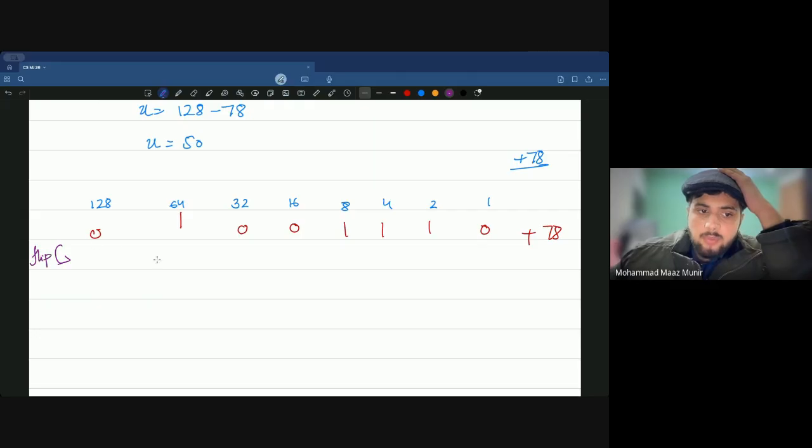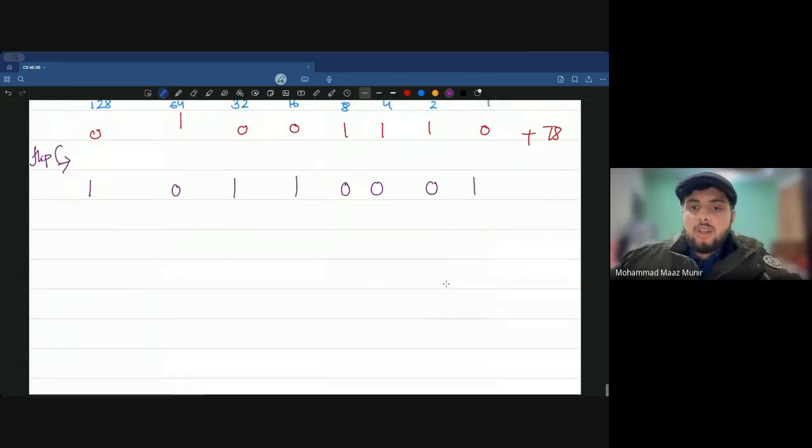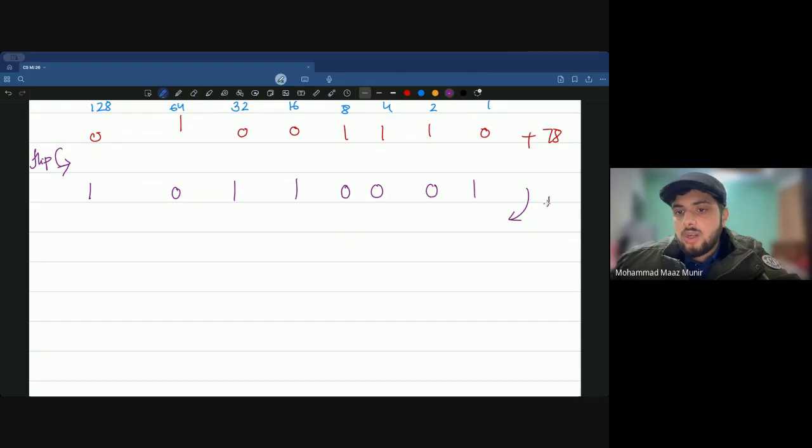So if I have to do the flip, this 0 is going to become 1. This 0 is going to become 0, 1, 1, 0, 0, 0, and this is going to become 1. And now in the third step, I'm basically going to be adding a 1 into it. So now if I add 1 into this, I'm going to see that 1 plus 1 is basically a 0